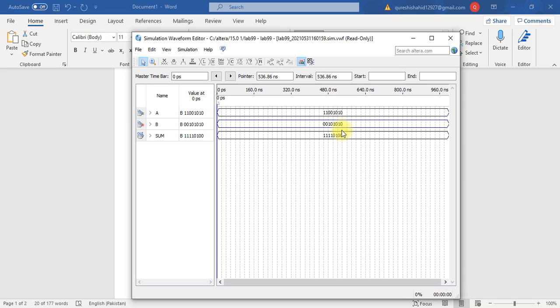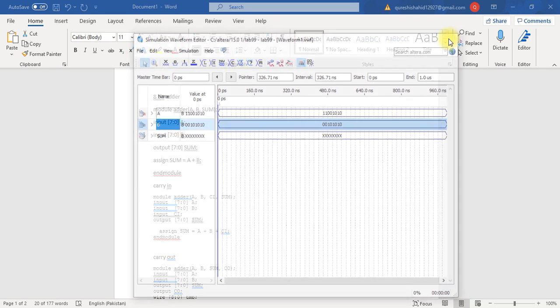If we perform the addition, 0 plus 0 gives 0, 1 plus 1 gives 0 with carry 1, and 1 is at the output. So 1 plus 1 is 0, and again carry 1. So 1 is here. So 0 plus 1 is 1, 1 plus 0 is 1, and 1 plus 0 is 1. As you can see, we can clearly verify our input operation: the addition of a plus b results in 11101000. In this way we can clearly verify that our truth table is exact.